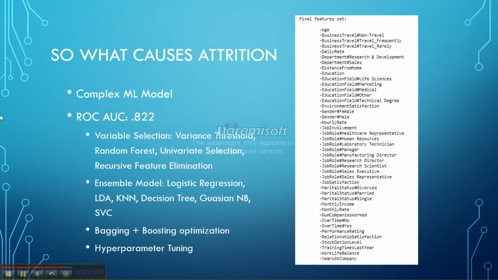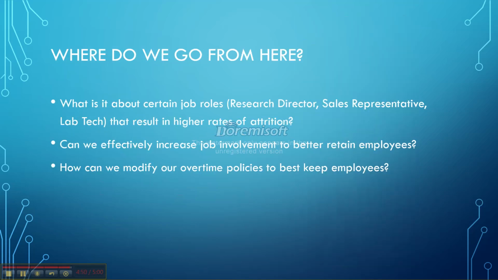And finally, we did create an advanced machine learning model. We were able to get an area under the curve of 0.822, which is pretty great. You can see the final feature set to the right, but we used an ensemble model of a number of different variables and did some bagging, boosting, and hyperparameter tuning. So where we go from here, we need to look at exactly which job creates high rates of attrition, how can we better retain employees, and